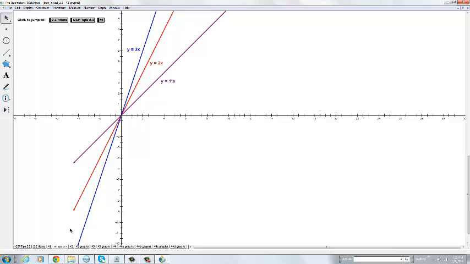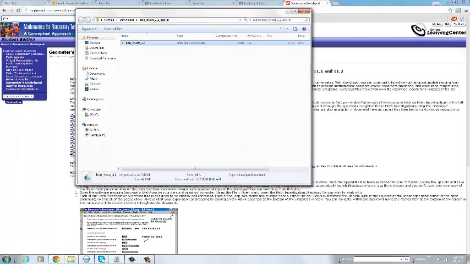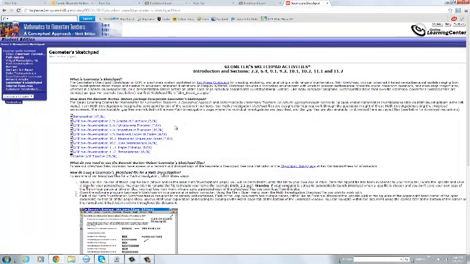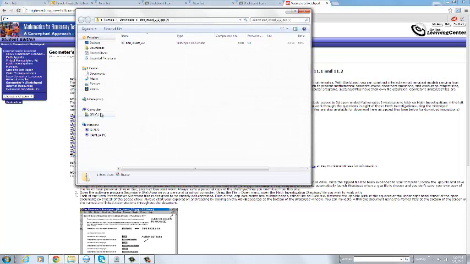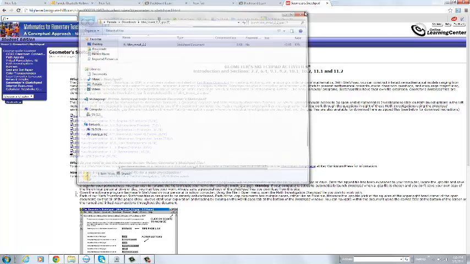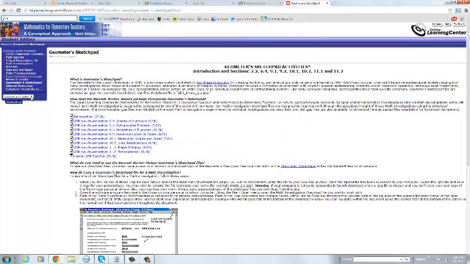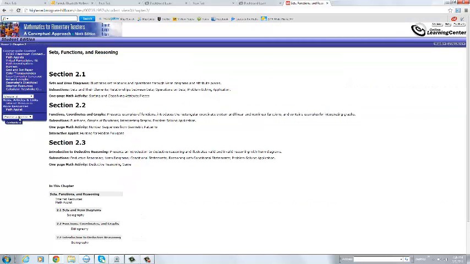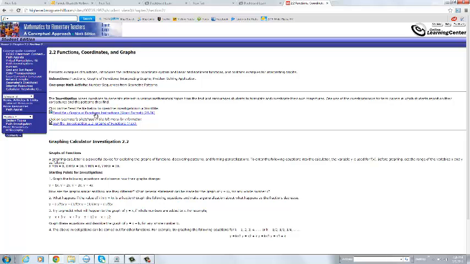And so you go ahead and look at the rest of those investigations. You also have a worksheet with some questions about the investigation, and you can find that. I go to chapter 2, I go to section 2, and here is